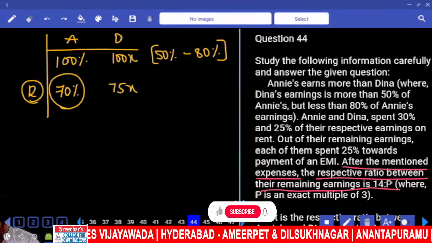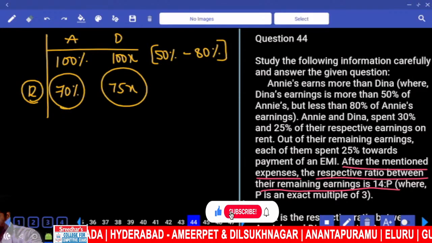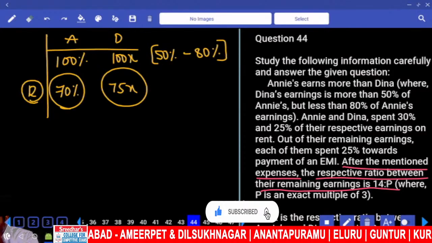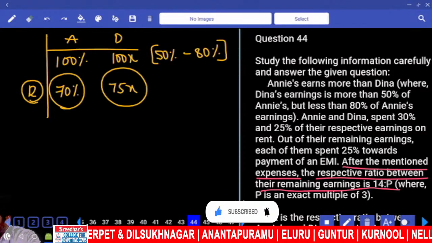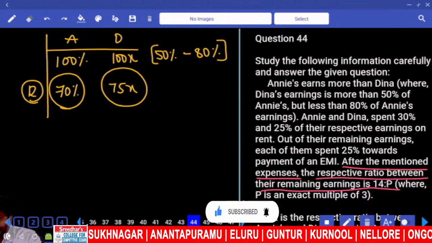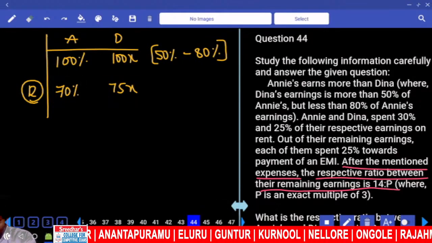75% of this number, 75% of this number. 75% is common and that gets cancelled when you take the ratio. Am I right? Come on. So now I'll directly take